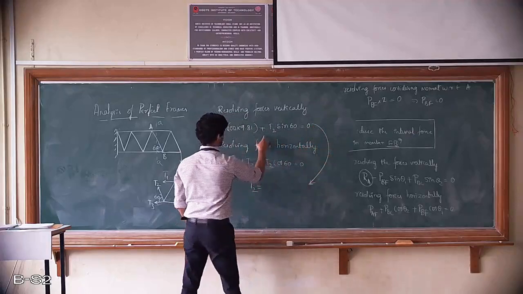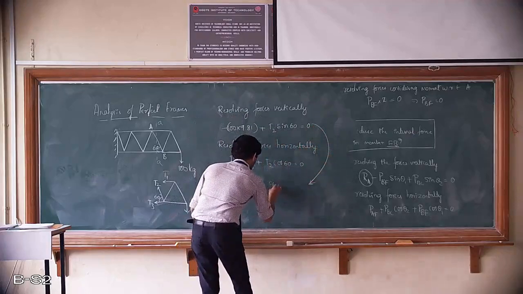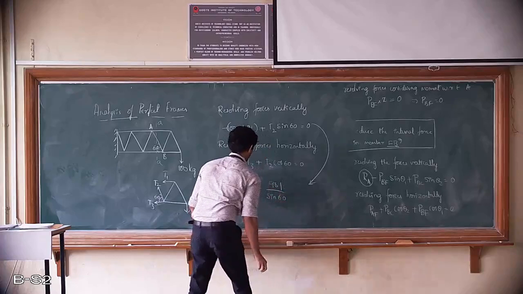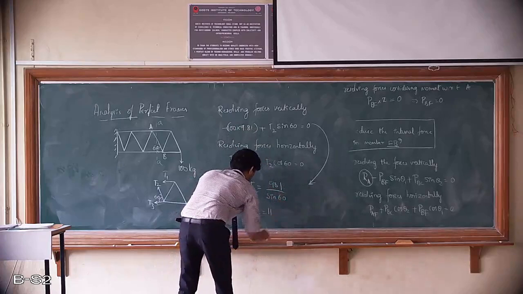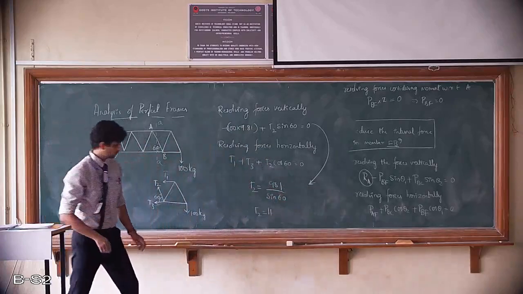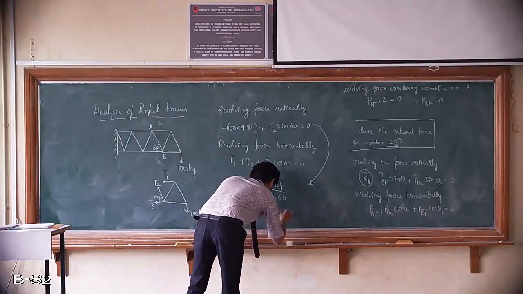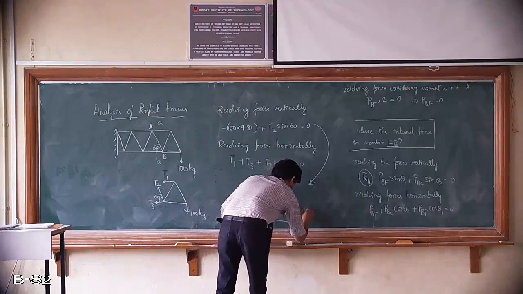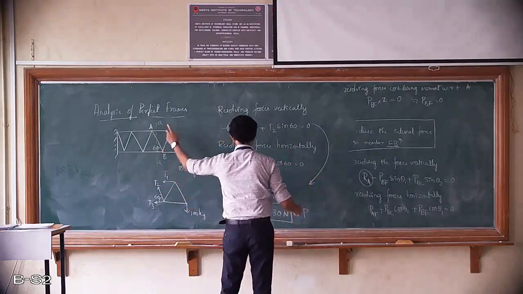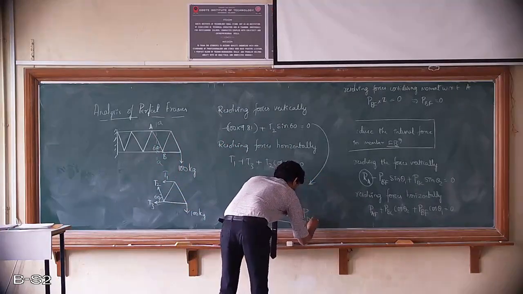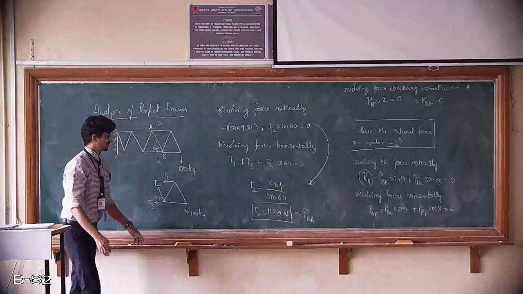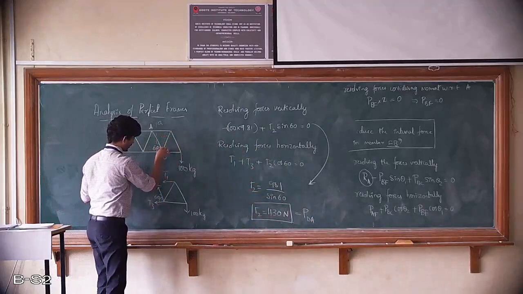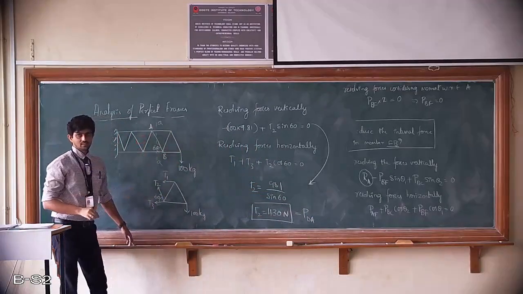T2 will be equal to 981 divided by sine 60. So you will get T2 to be approximately 1130 newtons, and that is nothing but P as per the diagram, that is PBA or PAB. That's so simple. Instead of going with this joint, then resolving this joint, then going to this joint, then trying to find it, which is time consuming.